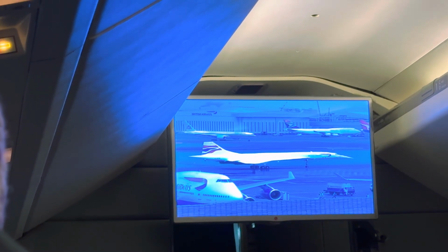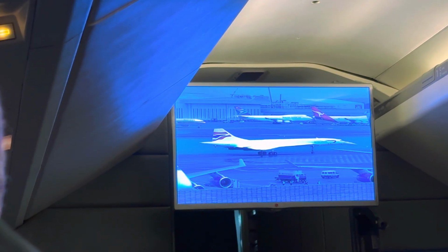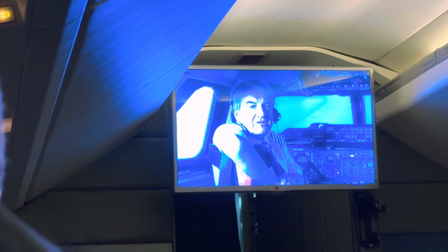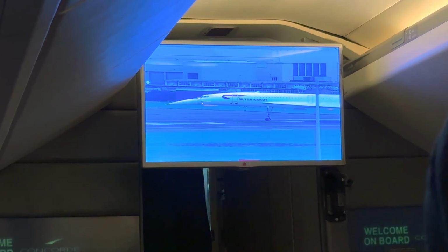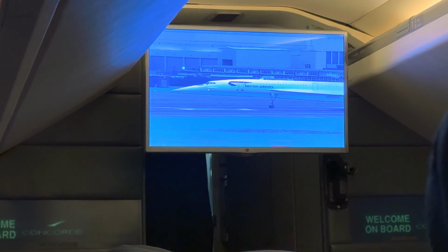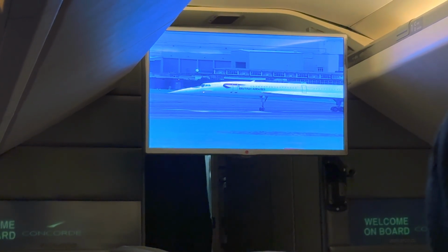Cabin crew doors to automatic and cross-check. Ladies and gentlemen, it's Mike Bannister on the flight deck. We've just received our line-up clearance and we'll be departing on time. Once we line up on the runway, we'll be opening up our 4 Rolls-Royce engines to full power, and you'll feel the reheats kick in. A nudge of acceleration in your back as the extra 25% of power comes in. We'll accelerate very quickly through 100 miles an hour, and within 40 seconds, we'll be at 250 miles an hour,